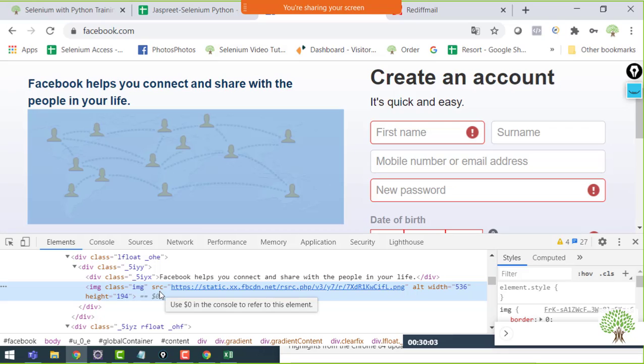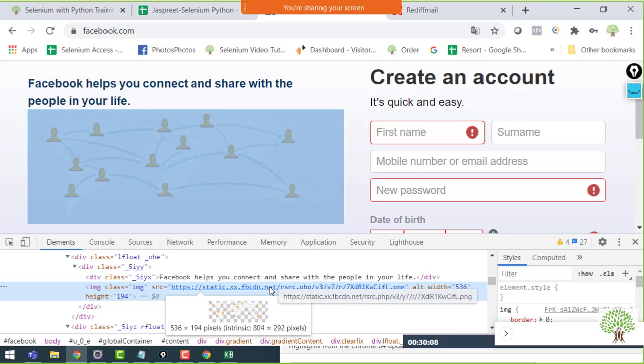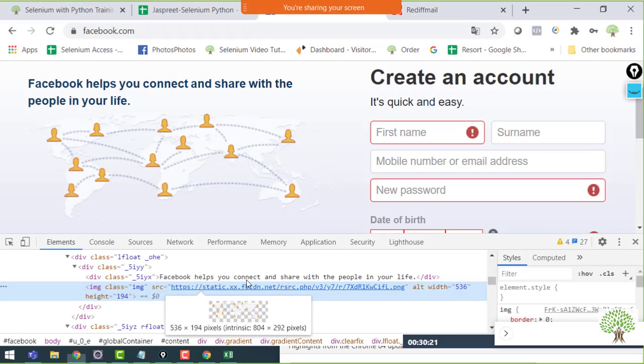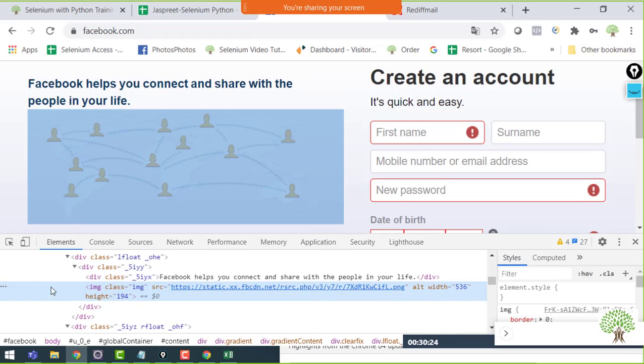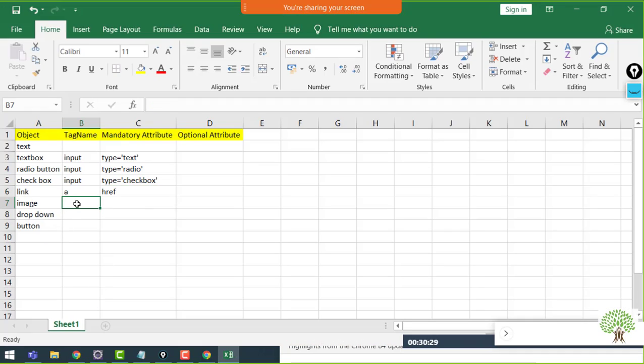Because the link that is given over here at this particular tag is basically the path from where this image is being loaded. So that's why it's the compulsory, the mandatory attribute. These two you will find. Along with that there are also other attributes that are totally for the designing, that is, how the particular image is going to look, what look and feel it's going to give the page, right? So the tag name is image and the mandatory attribute is src.